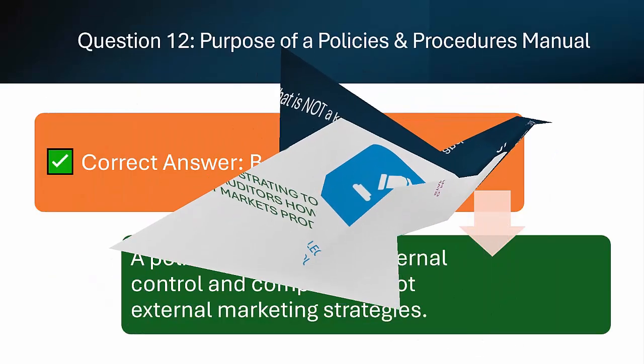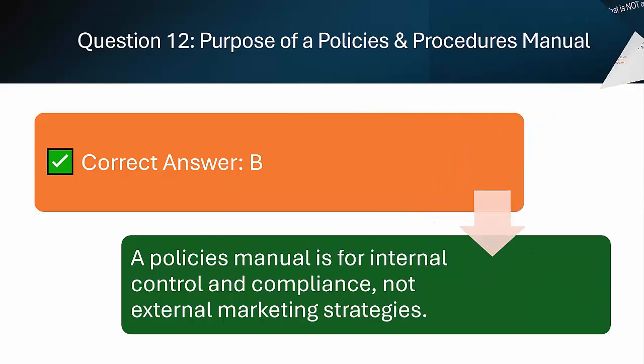Correct answer, B. Marketing practices are not the purpose of a policy manual. Why? Policy manuals are for internal use. They provide employees with guidelines on daily operations, legal compliance, and best practices. Option A is correct. A major purpose of a policy manual is to ensure all employees follow the same instructions,